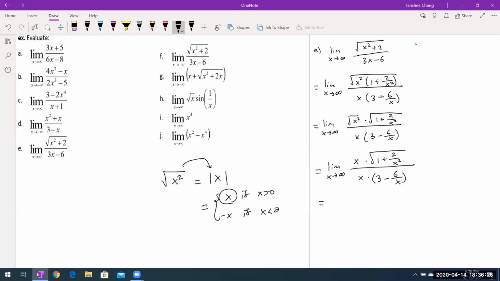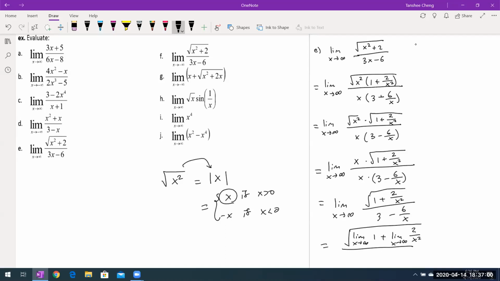So now what I can do is I can basically reduce the x, right? And that will give me square root of 1 plus 2 over x squared, and then 3 minus 6 over x. Now the numerator limit will exist, and the denominator limit will exist. So therefore I can use the laws of limits to rewrite it as square root of limit as x approaches infinity of 1 plus limit as x approaches infinity of 2 over x squared,